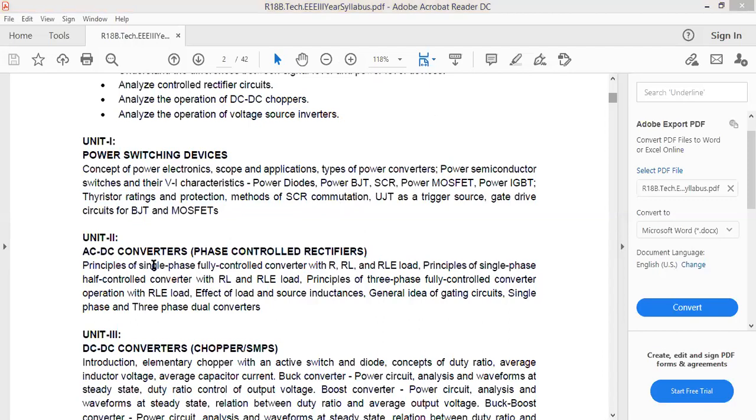Now, the second unit, AC to DC phase control converters. So we control the speed of the motor, we control the output power of the motor by changing the firing angle, phase angle or delay angle. So it is called the phase controlled rectifiers. So the principle of single phase fully controlled converter with R, RL and RLE load. Next, what type of converters we are having? Single phase half controlled. So we discuss all these things with respect to the